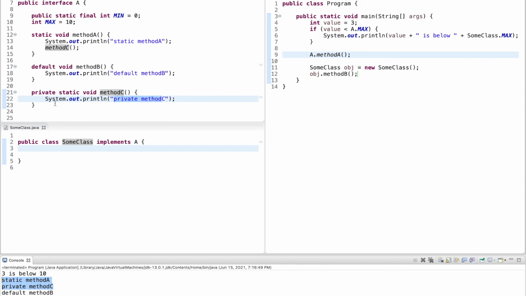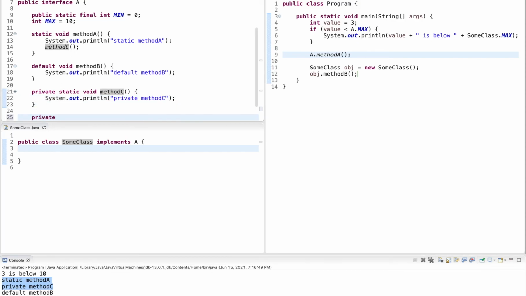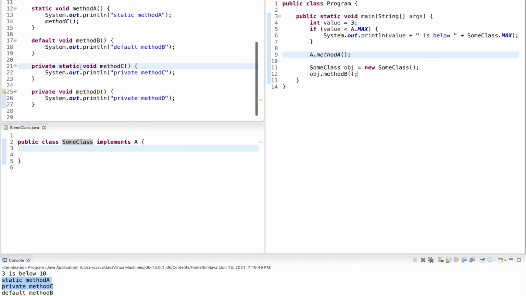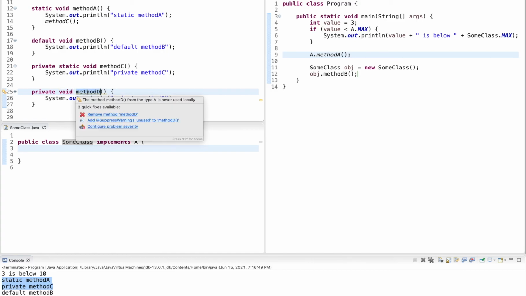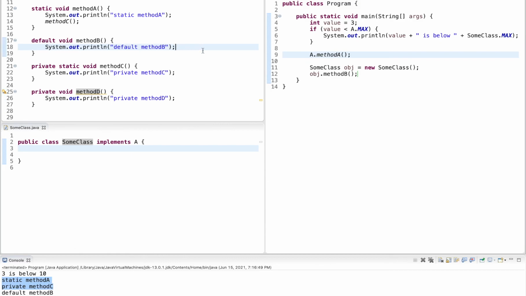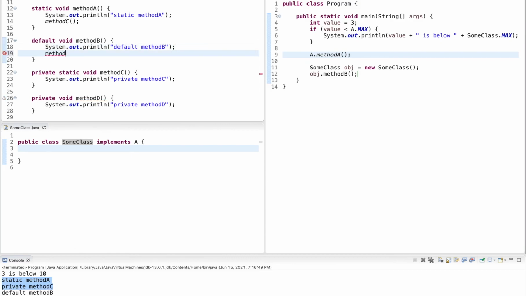Now there are also instance methods, which are private void, I call this method D. And here I output private method D. So essentially it's the same idea like a static private method, but a private instance method is used for default methods. When we have a large implementation for a default method, we want to break this down into smaller pieces. And now we can call it from the default method here. So I call method D,